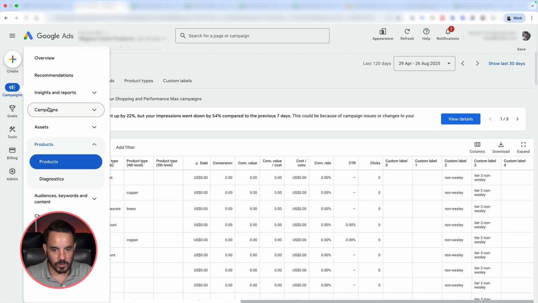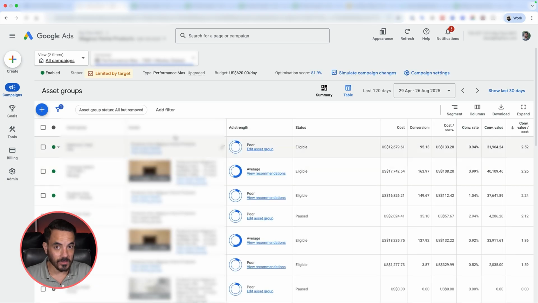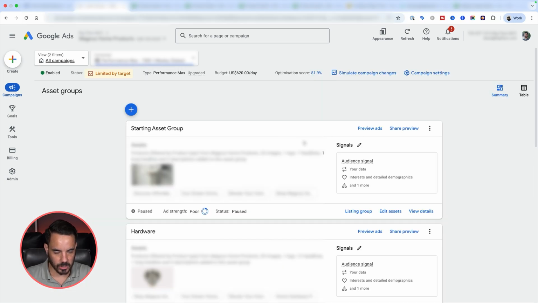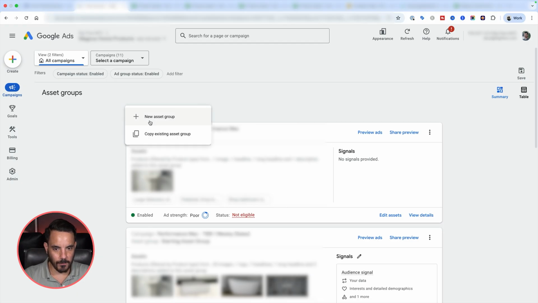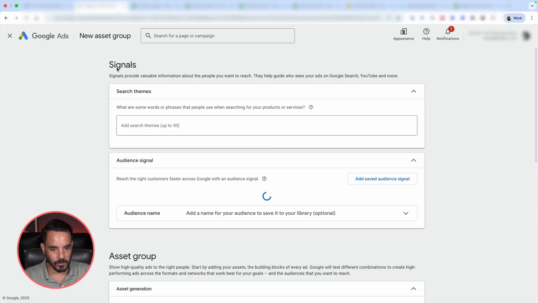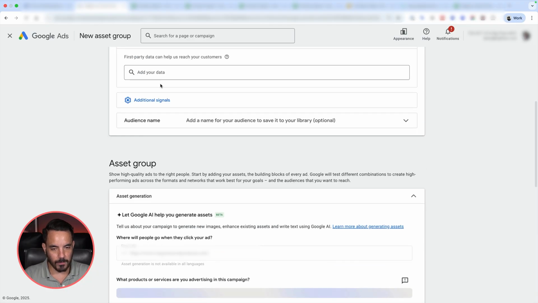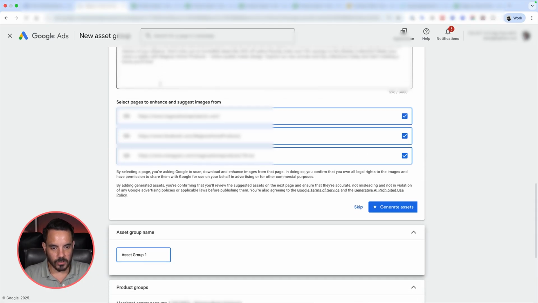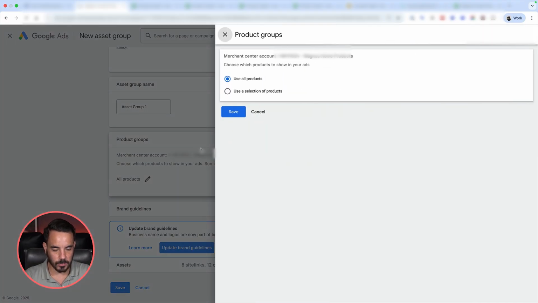And then when you do a campaign restructure, what you do is you filter the campaigns by the custom labels. So let's just show you an example. You've got your labels now set up in the product feed, and when you're creating your campaigns and asset groups within Google Ads, you can now filter by the labels that you added in the custom label section. So let's just pretend we're creating a new asset group over here. When you're making your new campaign or restructuring your existing campaign, you come into the asset group setup screen, and in this setup screen, you're going to find this bit here that says